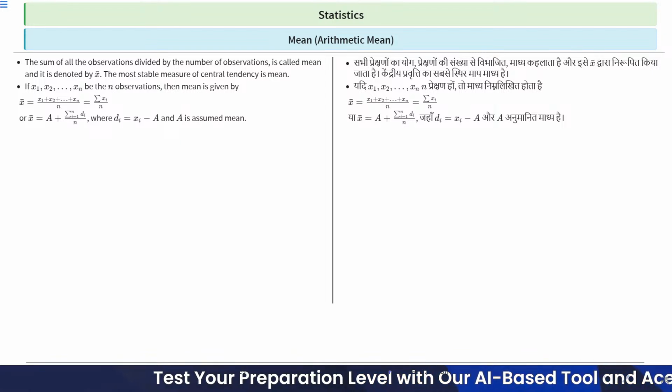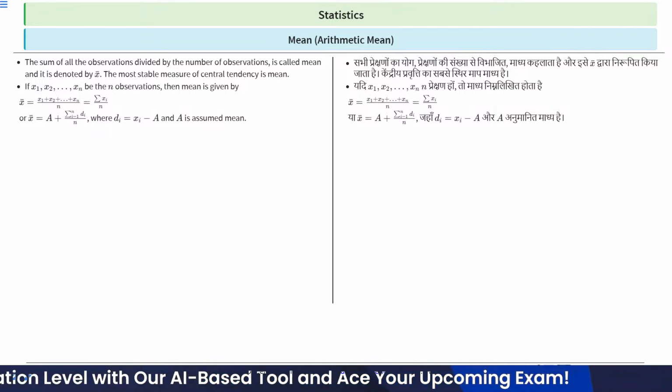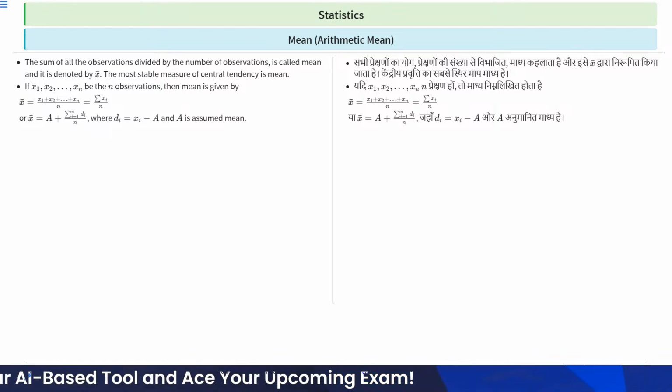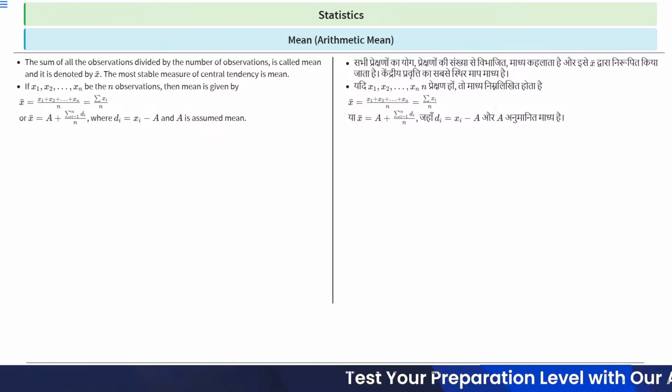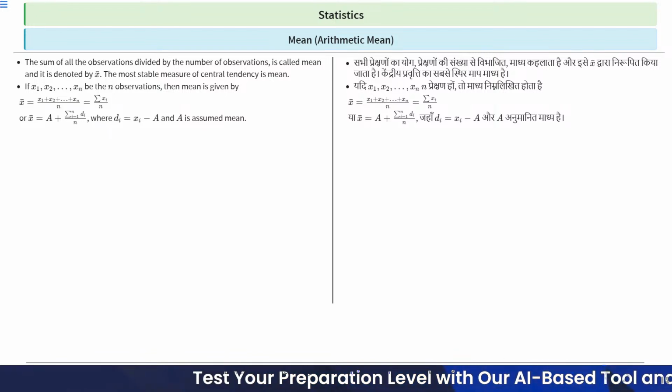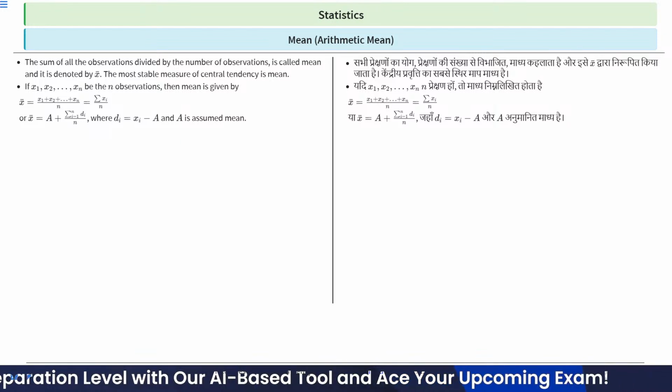Suppose we have a data set. If x1, x2, x3 till xn are the n observations, then mean is given by x bar is equal to x1 plus x2 plus x3 till xn upon n, and it is equal to summation of xi upon n, right? Or x bar is equal to a plus summation of i is equal to 1 to n di upon n, where di is basically xi minus a, where a is assumed mean, right? A is called assumed